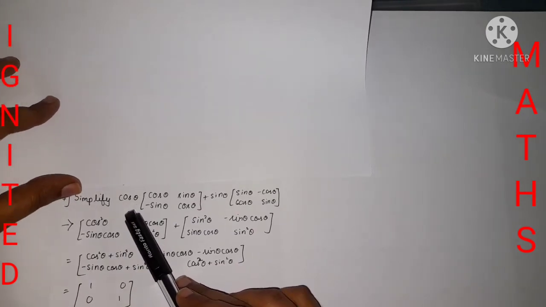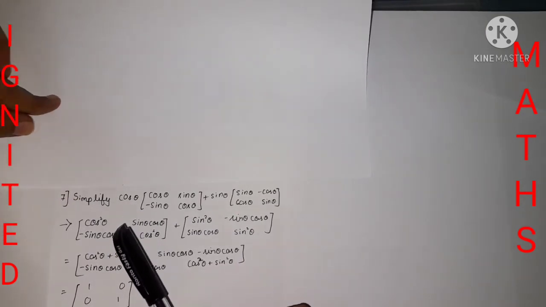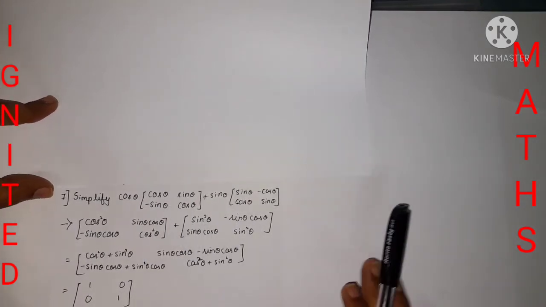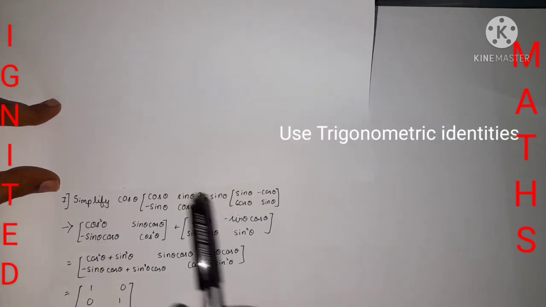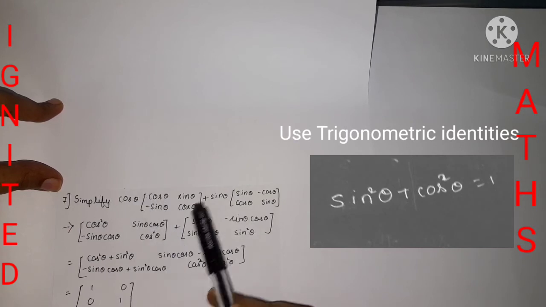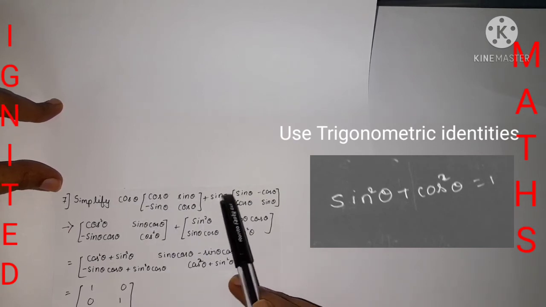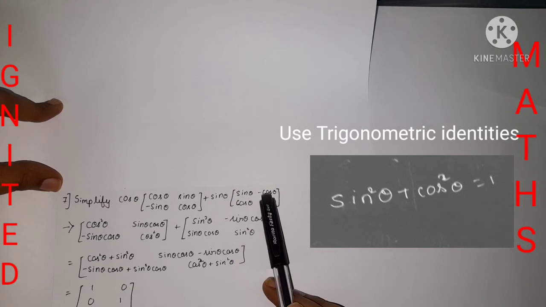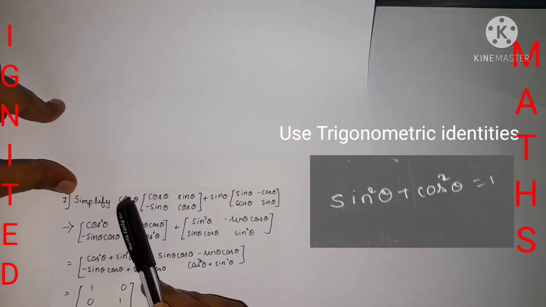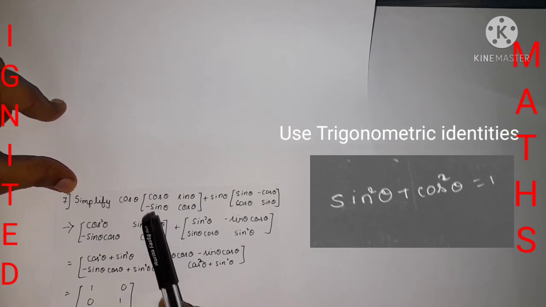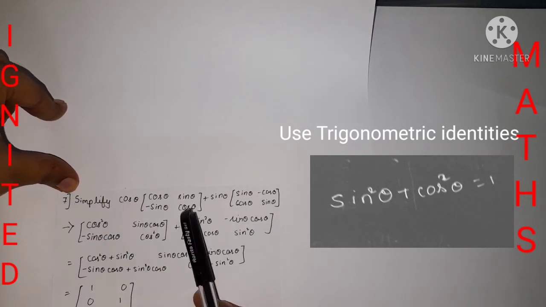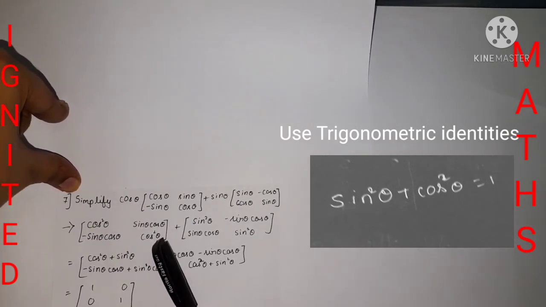In the question, we just need to simplify it. I took this sum because it is based on the trigonometric function. Now cos theta, sin theta, it is a 2 cross 2 determinant. We need to just simplify it. First, over here we need to do scalar multiplication with cos theta for this matrix, and over here we need to do scalar multiplication with sin theta for this matrix. So cos theta into cos theta is cos square theta, cos theta into sin theta is sin theta cos theta, and cos theta into minus sin theta is minus sin theta cos theta, and cos theta into cos theta is the cos square theta.